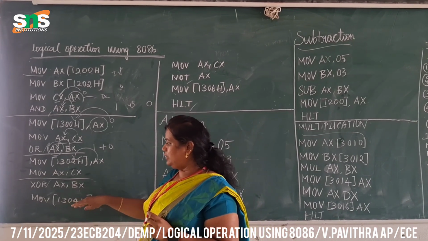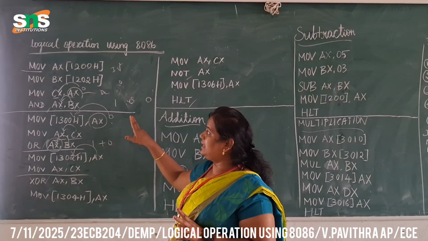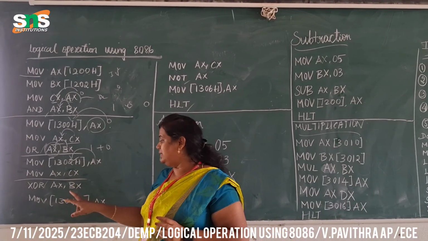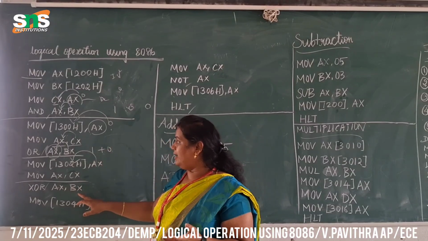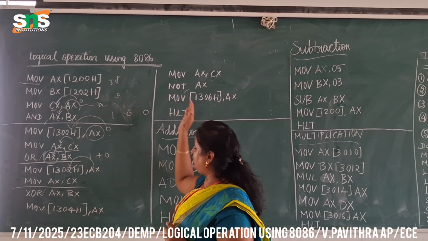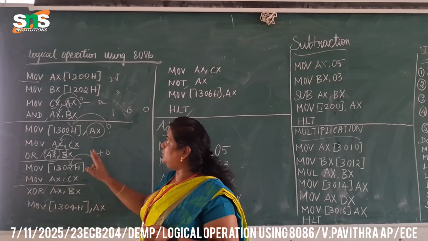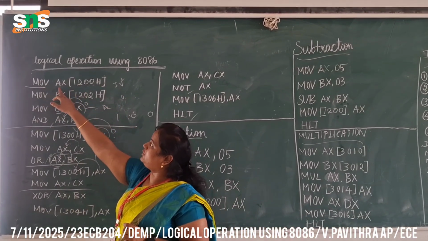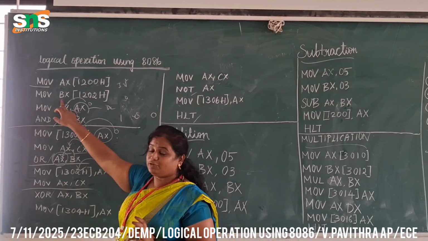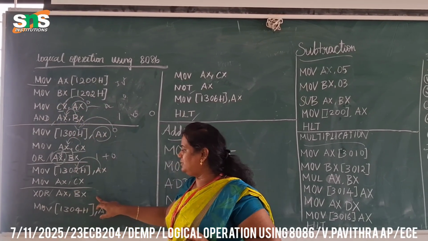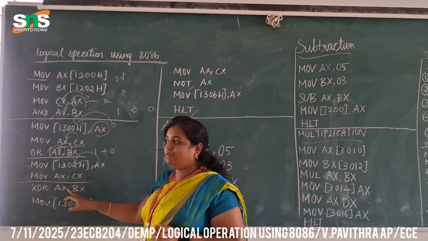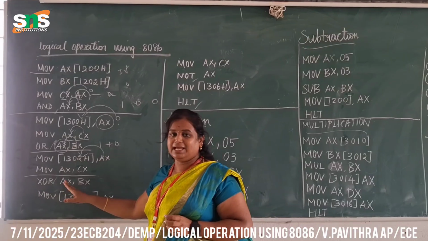First of all, we are going to take the two values. You know very well the XOR operation will perform on two inputs. So one is any value you can keep, in 1200, 1002, because these are all the data in one program. So first of all, I am going to take one value and move it to the AX, and then I am taking the second value and shifting it to the BX. So AX comma BX. The first value and second value are shifted to this AX and BX.